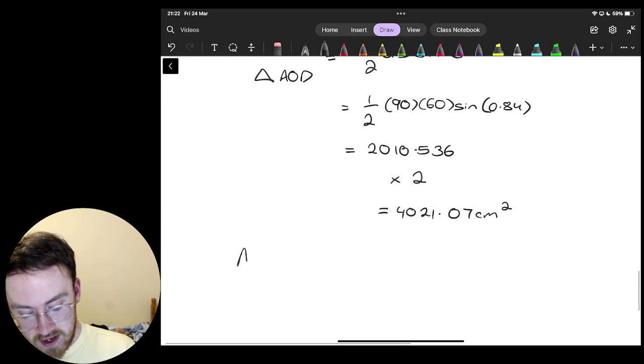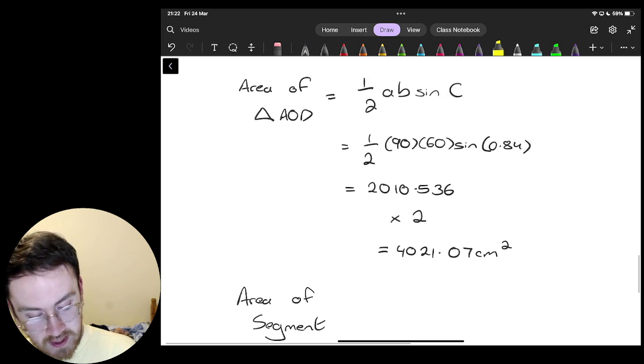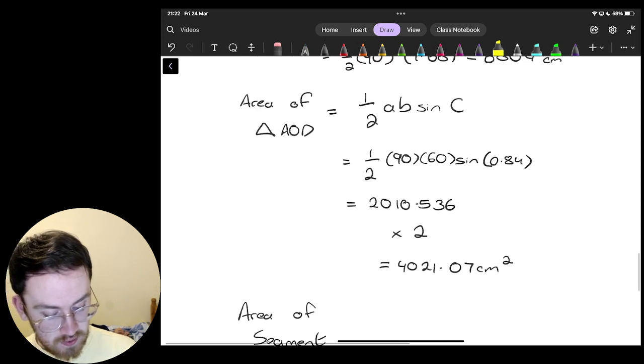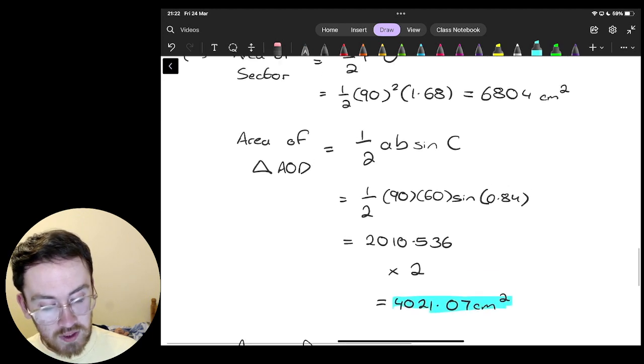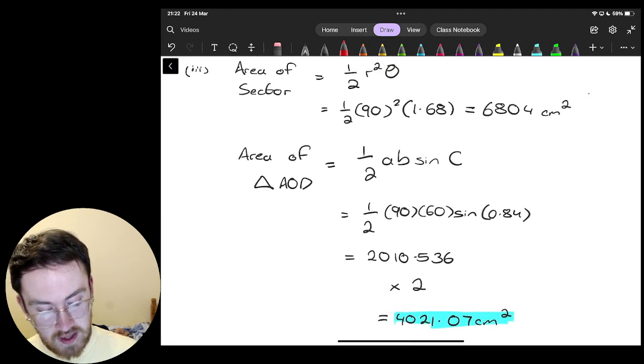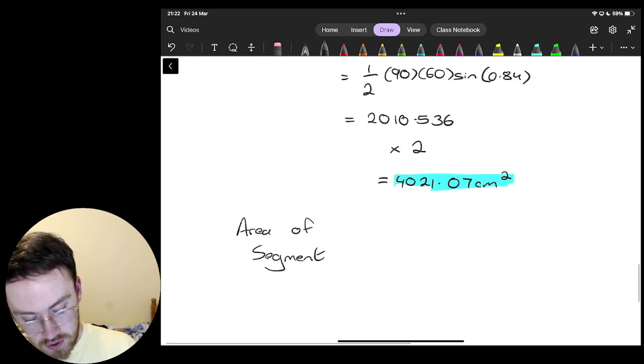And that means the area of the segment is by subtracting this area, which is the blue triangular part, from the total area, which is this part up here. So 6,804